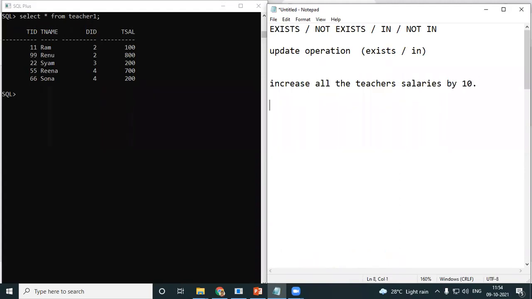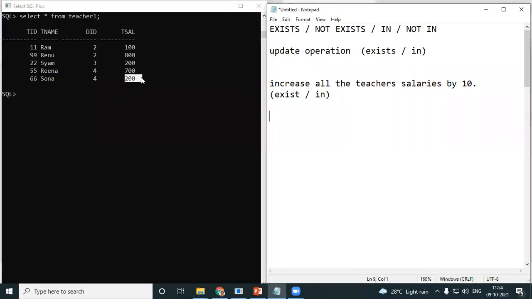Okay, so that is an update. I do have 100, 800, 200, 700, 200 and all that. I need to make this 110, 810, 210 and so on. Very simple. You can use a normal update query, but I'm going the bigger way. I'm telling you, do it with an exist and in. Okay, so let's see how you do it.